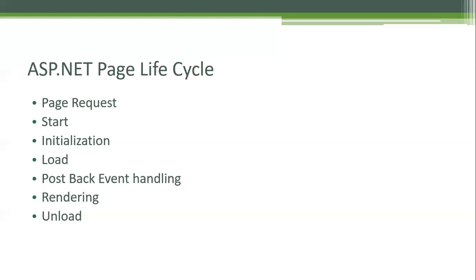So we have server controls and HTML controls. Right, in a page we can have server controls and HTML controls. So to render all the server controls, those will be converted back to the HTML format. Okay, and that state will be stored using the view state. So that part will happen in the rendering.